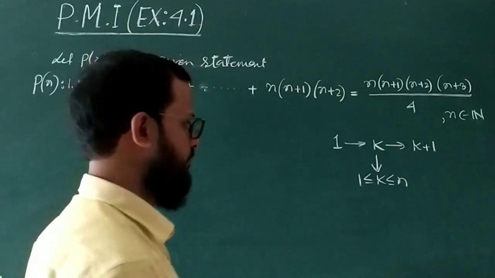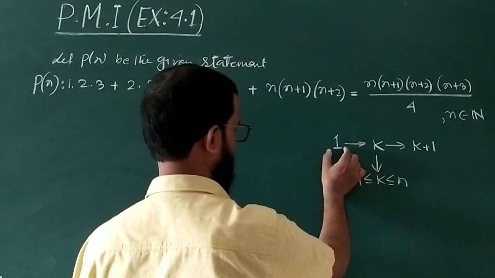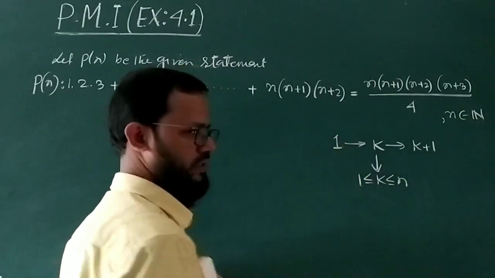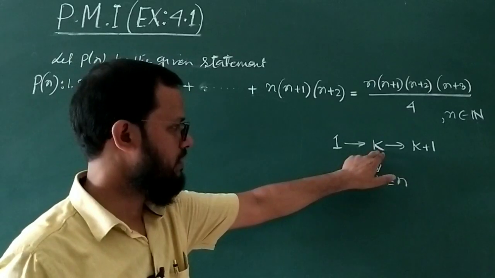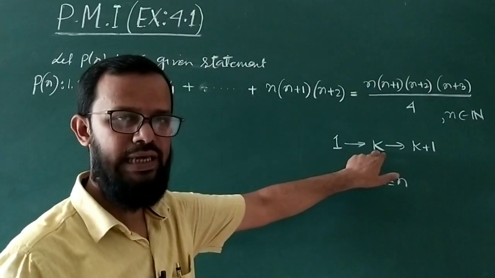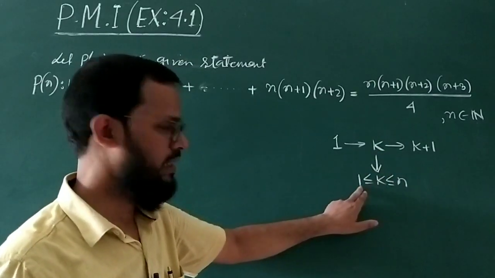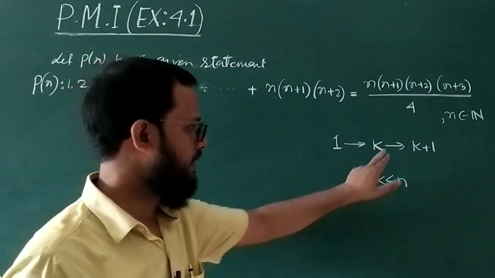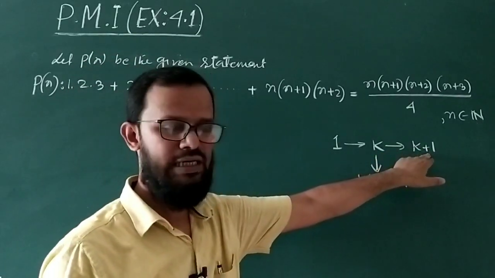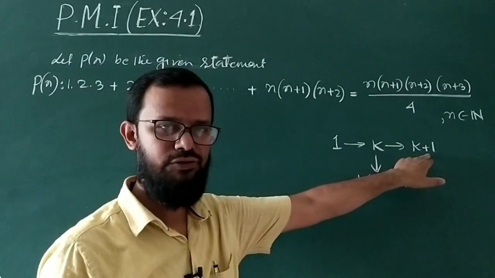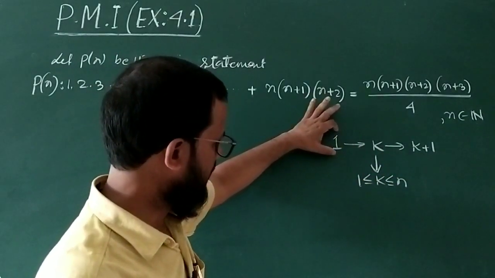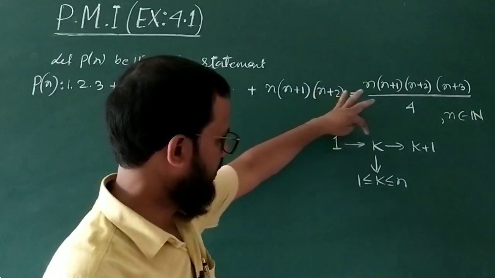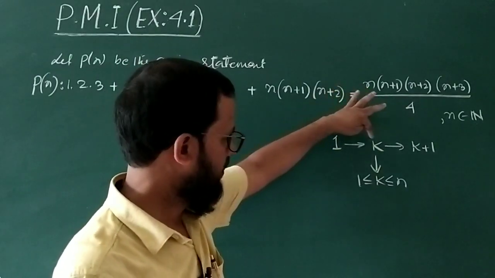Many of you sometimes ask me, sir, why K and then why K plus 1. First you prove that the given statement is true for the first natural number. And then suppose that it is true for any natural number K, with K starting from 1. And then immediately you prove that for the next natural number K plus 1 it is also true. If you prove that it is true for 1, then suppose that K equals 1,